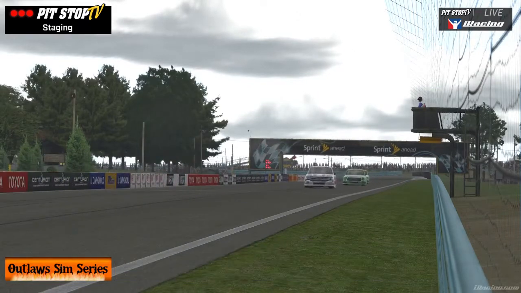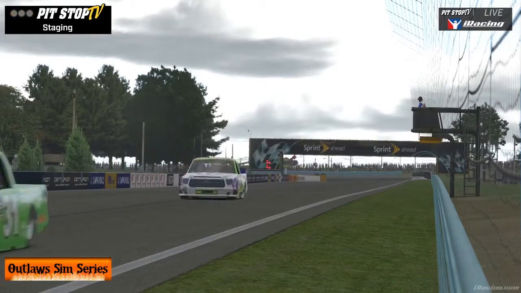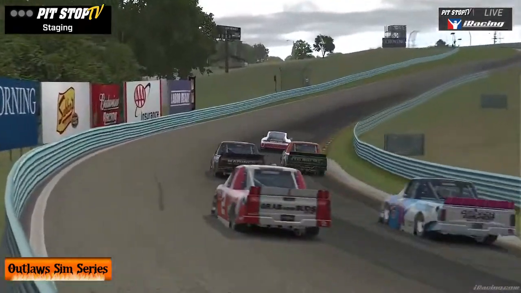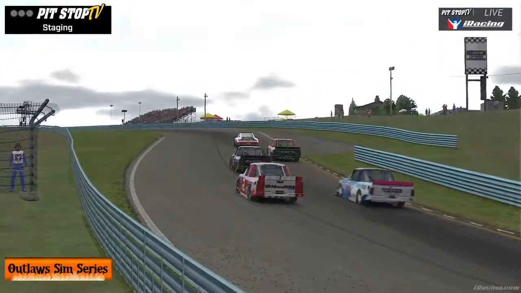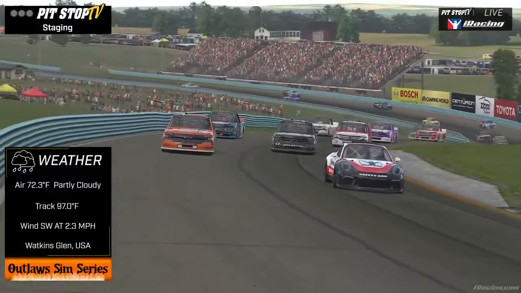And in tonight's race, there will be 2 stages as well. But again, stages are awarded under natural flag conditions. So the stages will be awarded at the completion of lap 12 and the completion of lap 27 for tonight's 60-lap affair. Let's take a look at the weather heading into tonight's race, and it's looking